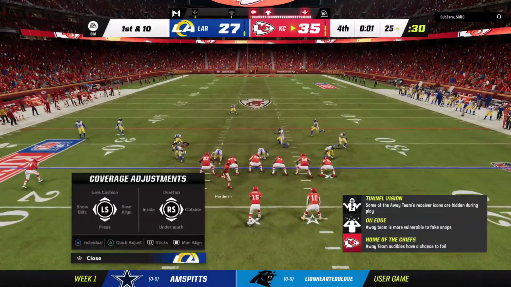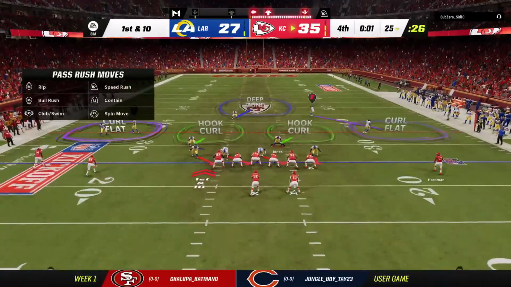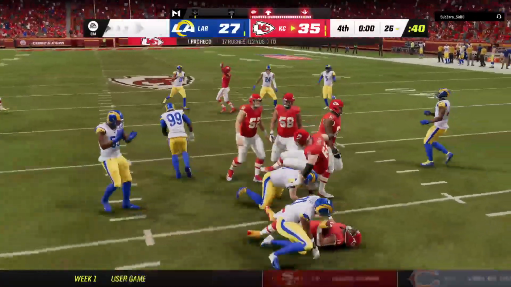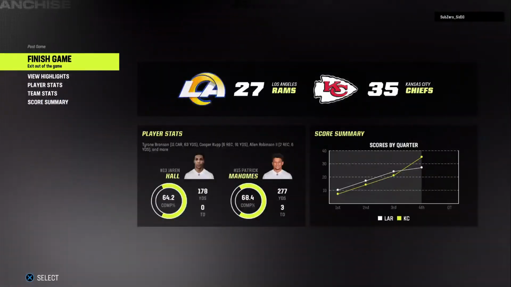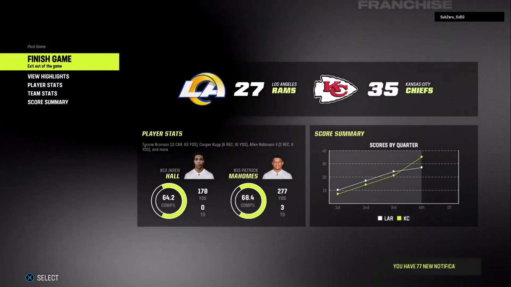Slot man moves right. Hands it off out of the gun. And not much to speak of. Call it a 1-yard gain up to the 26. Partner, that'll do it. These week 1 primetime games are always